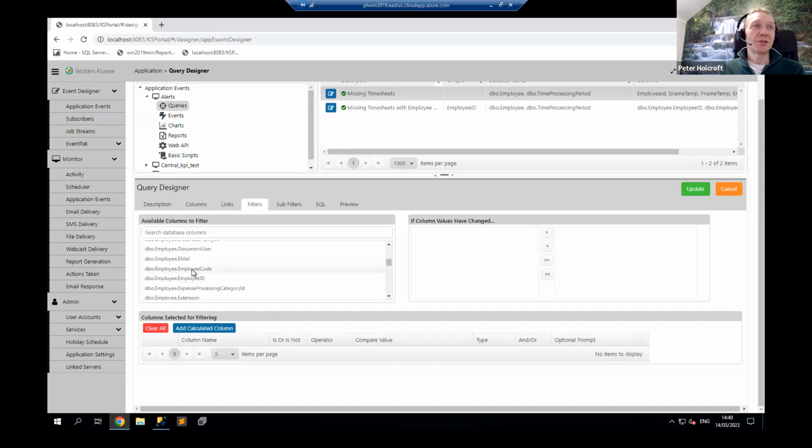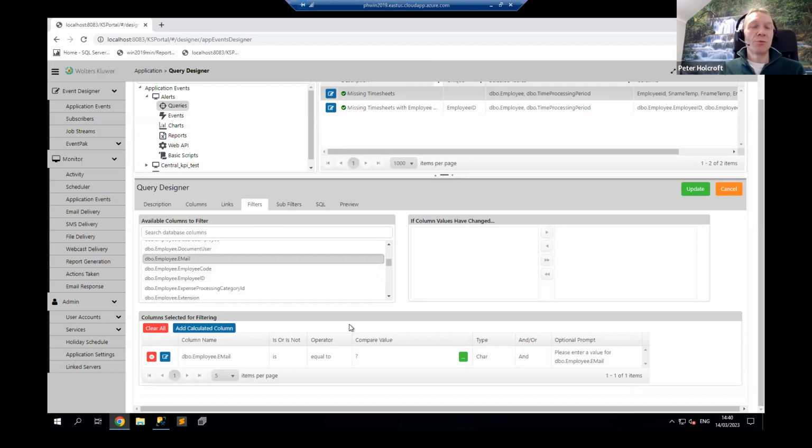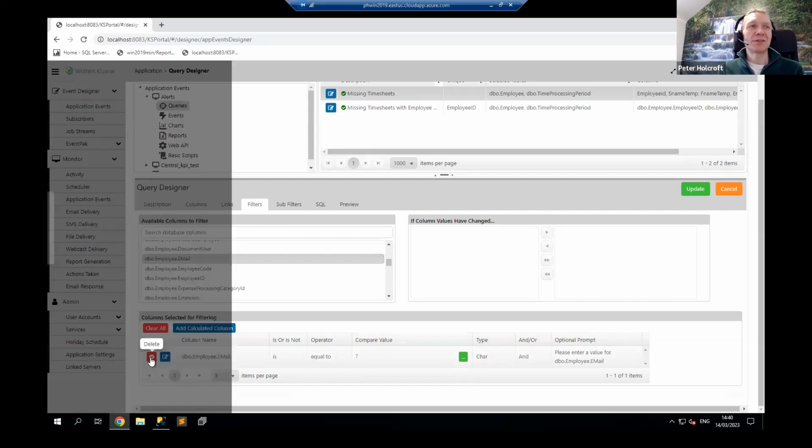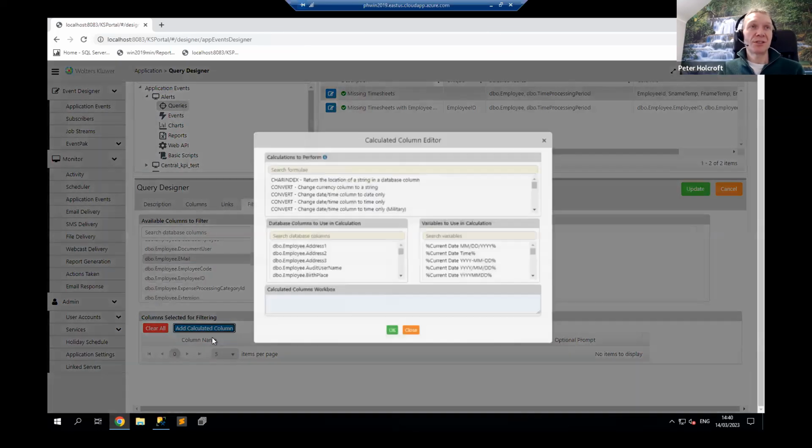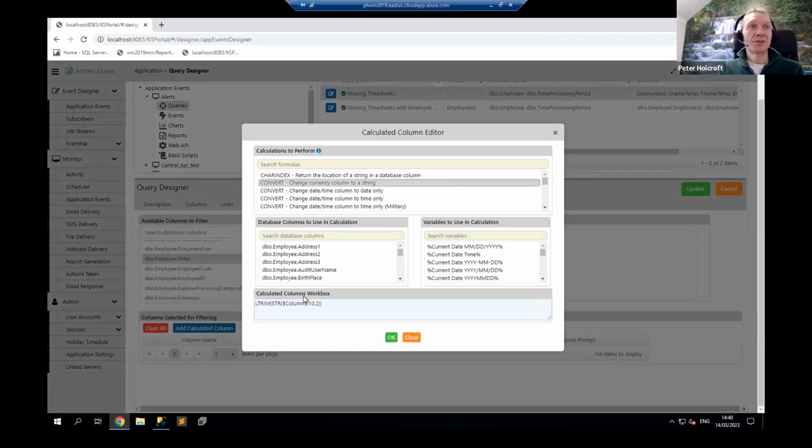You might want to exclude specific employees. What we try to do is not put any filters in here that need to be maintained. We prefer to pull in extra fields from Central. So we would say you might have an extra field called exclude from missing timesheets, for example. And then we pull it in that way, rather than making someone come back into this system. That would be the ideal. You can also, if you know SQL, add in calculated columns,